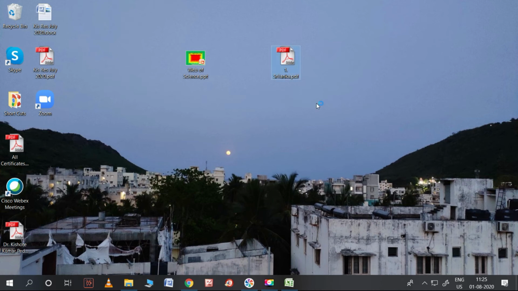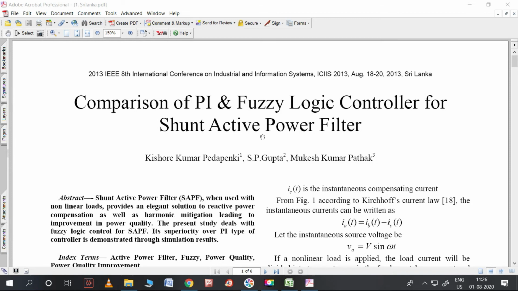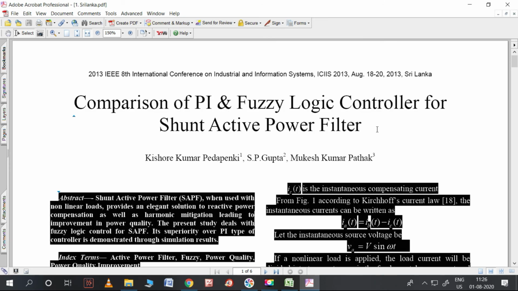So let us see what Web of Science will give us. Yeah, this was the paper published in 2013. So let us see. This is the title.